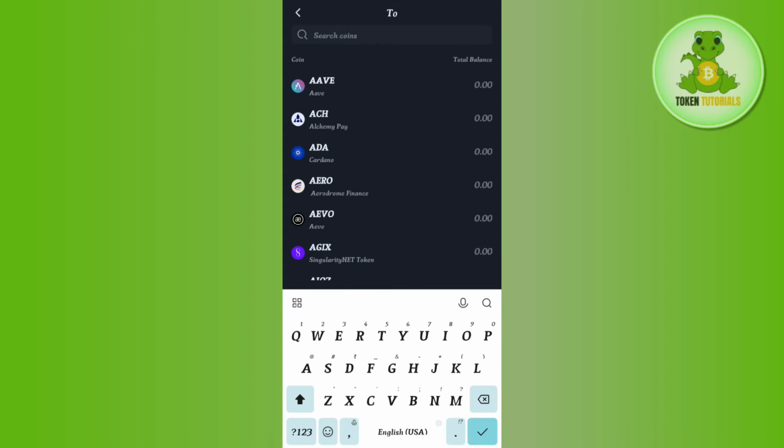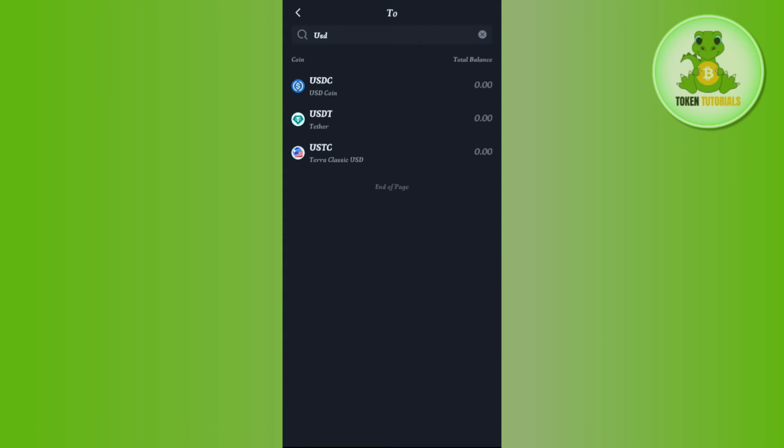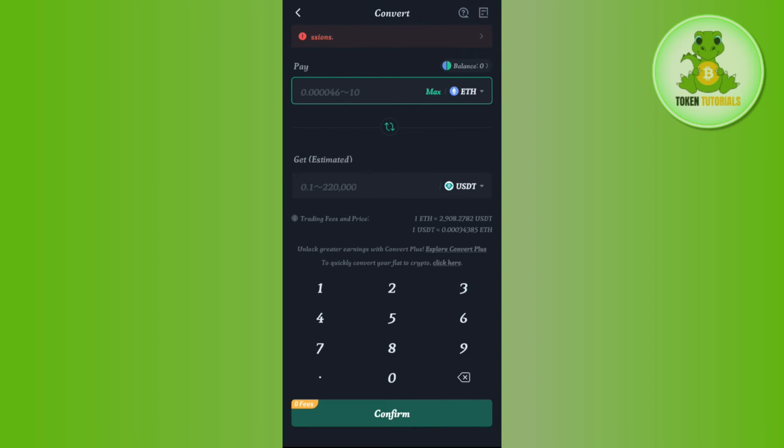Now once it is selected successfully, in the to section you need to again tap on this drop arrow button, then use the search bar in the top and you simply need to search for USDT. Then once you have selected USDT, the conversion will look something like this, where you are converting from Ethereum to